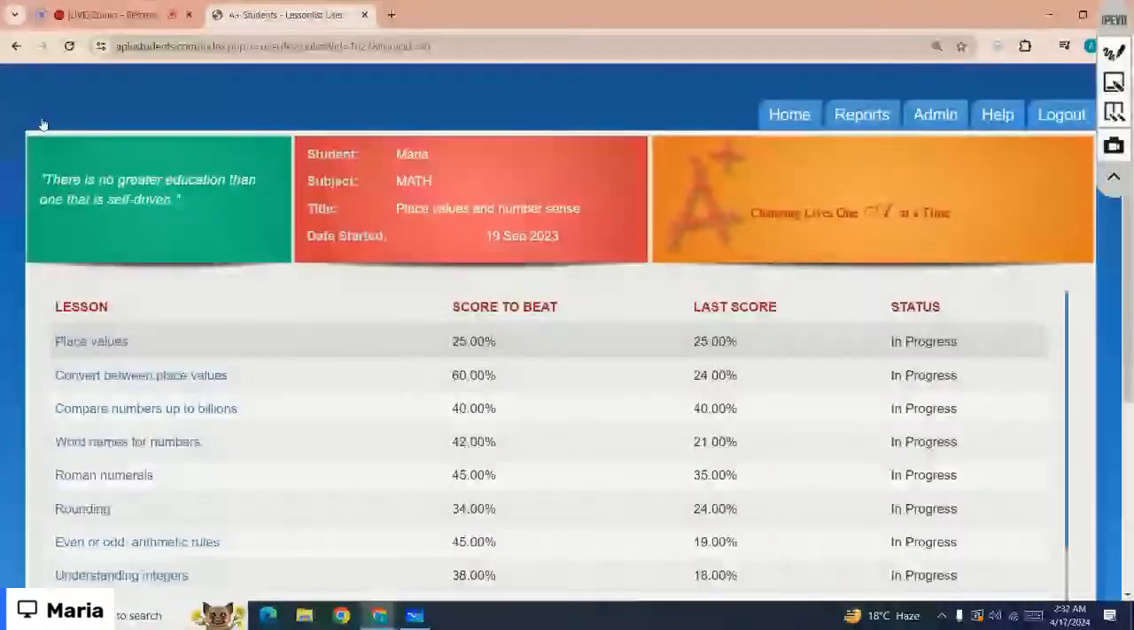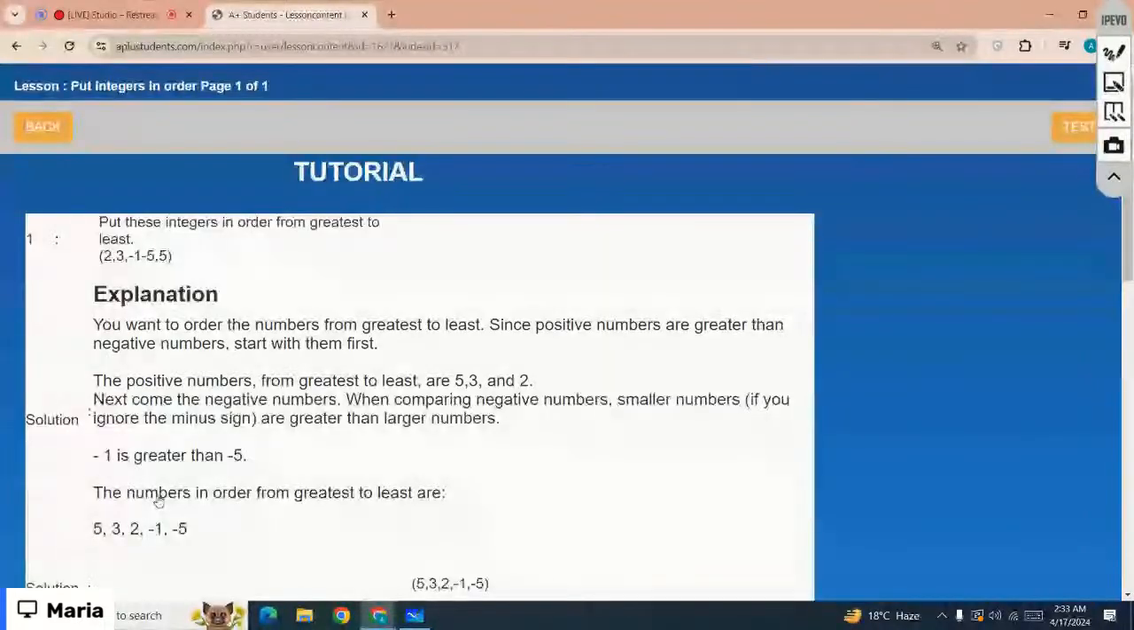We're going to start with the next one, and the next one is put integers in order. Put these integers in order from greatest to least, right? You have to arrange them from greatest to least. So positive numbers are the greater numbers. First you need to see the positive numbers, right? You have